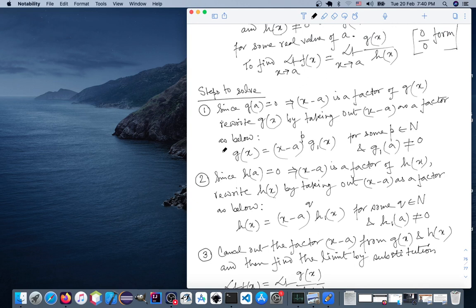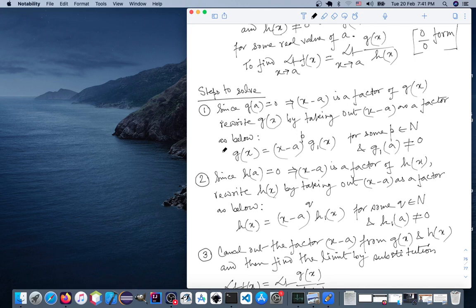So we rewrite g(x) by taking out x minus a as a factor as below. We can rewrite g(x) as (x minus a) to the power p into g1(x). So we have essentially taken out x minus a as a factor, and it may have